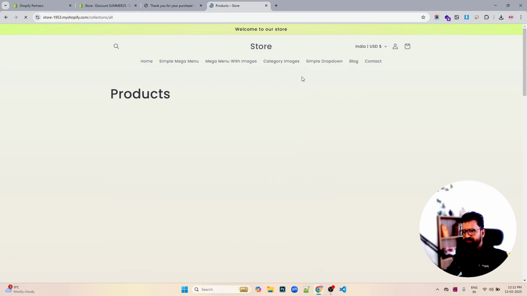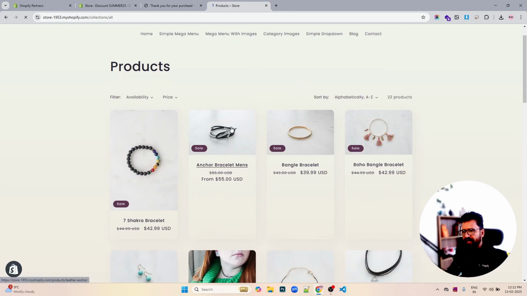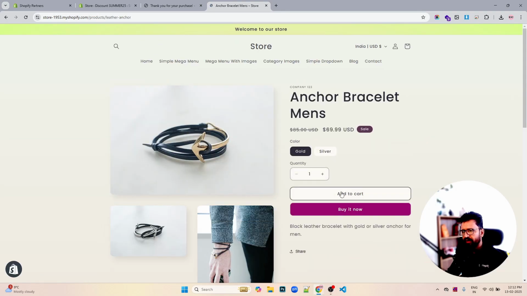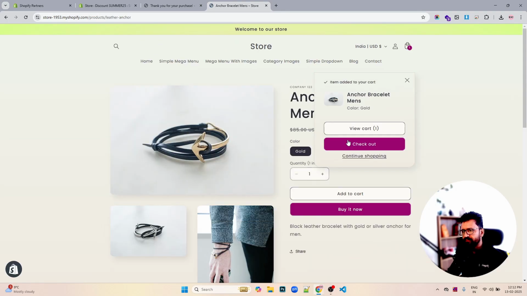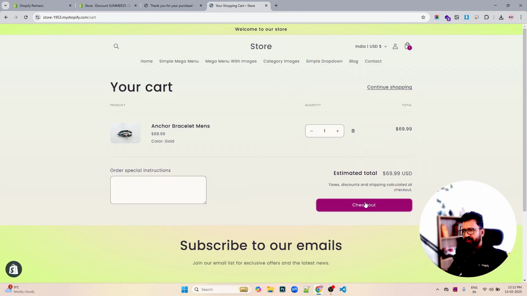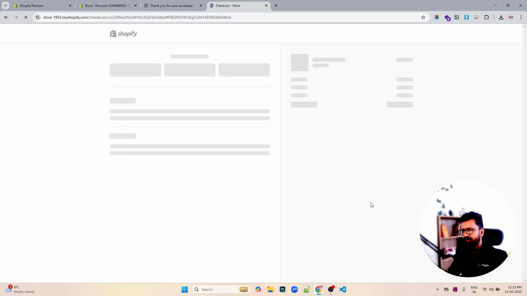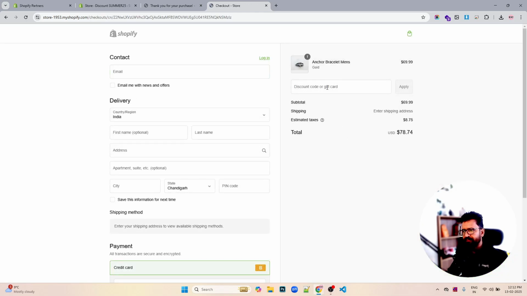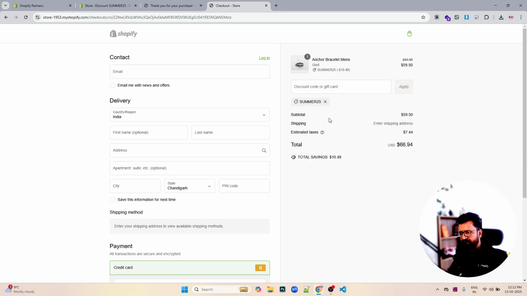Once we go to collections all, I add this to our cart, view the cart, and go to checkout. Now in here I can apply this discount code, which is available in this part. This is through manual